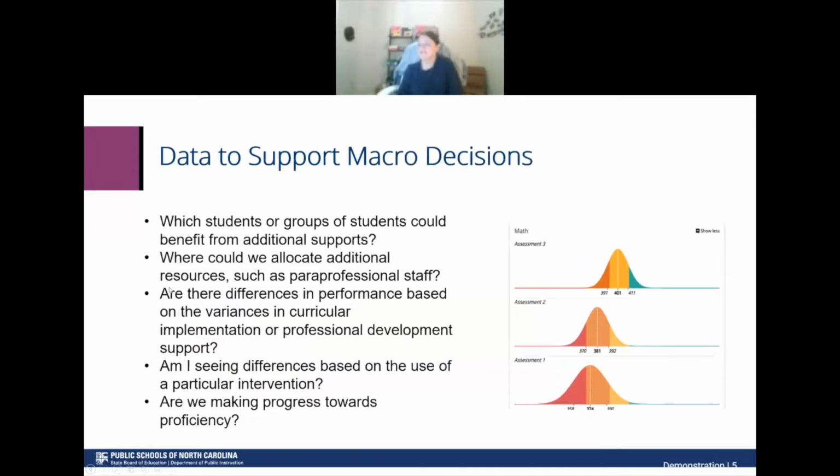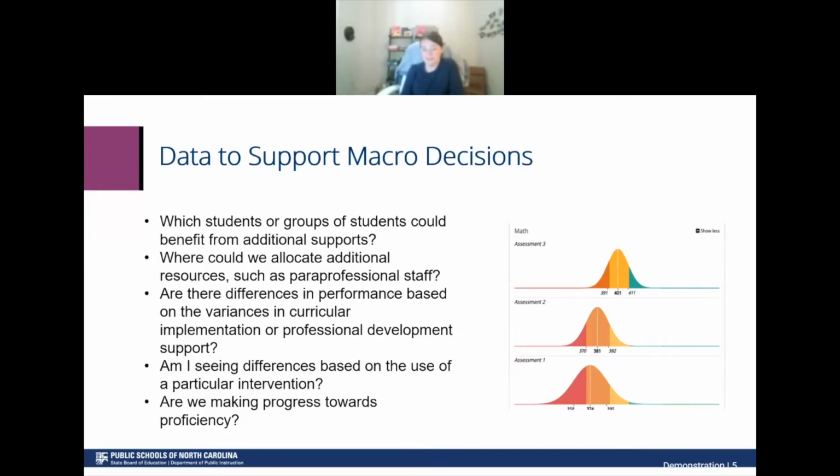All right. So when we think about learning decisions, I think about those in the context of macro decisions versus micro. And we think about those not in terms of level of importance, because they're both really important decisions, but really more in terms of the grain size. So for a district or school leader, they can use this information to determine which students or groups of students could benefit from additional supports. They could also use it to decide where additional resources should be allocated, such as paraprofessional staff,